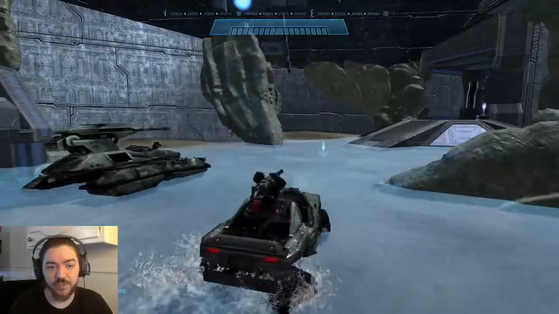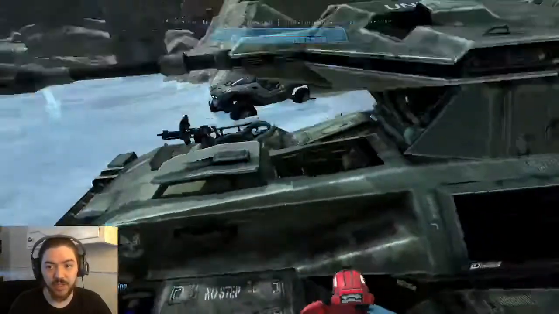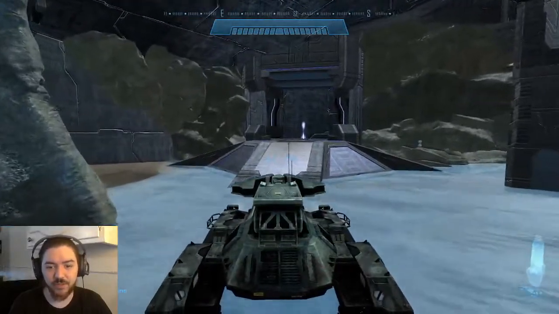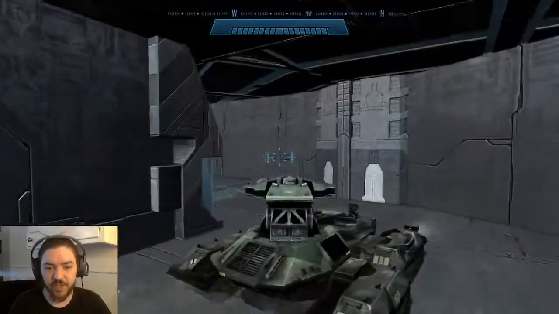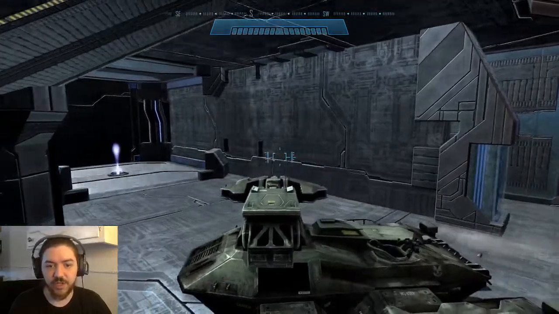It happens to tanks and Warthogs, by the way. It happens to everything. Every single vehicle I've driven through it. I haven't actually tried a flying vehicle, to be honest, but I'm sure it happens to that as well. So I took advantage of this. You see that? I got a little bit of a flashing bug here, but actually this